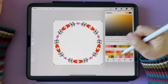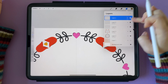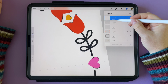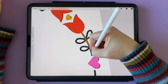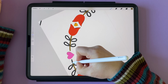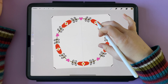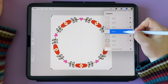Then let's add another layer for the stems. We'll do those in, let's go for this dark green. Turn drawing assist on. Let's make this come out from underneath the tulips. So we'll drag that to below the tulips and then we can have it come out from underneath. There we go, and then we can add a layer above, sorry, let's put a layer below that actually, and